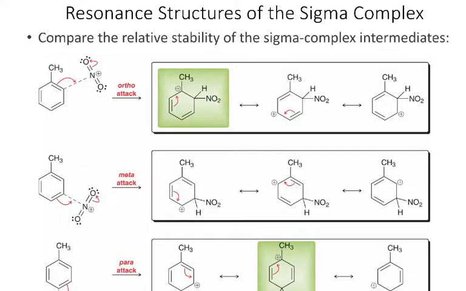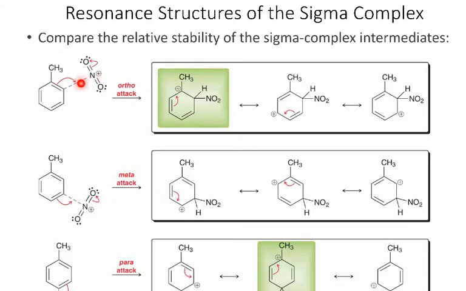So the way that we'll explain the directing effects, both in this video and in the ones that follow, is to look at the resonance structures of the sigma complex. And so what we'll typically do is consider what the resonance structures would look like if the group that we're adding, in this case the nitro group, adds in the ortho, the meta, or the para position. If we consider ortho attack,